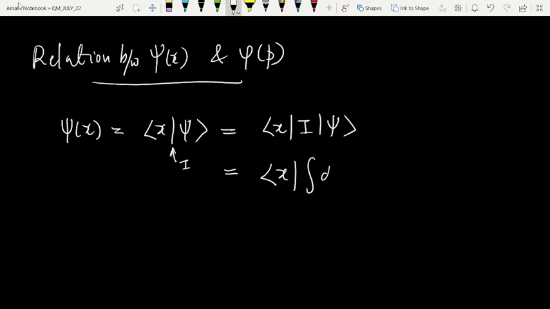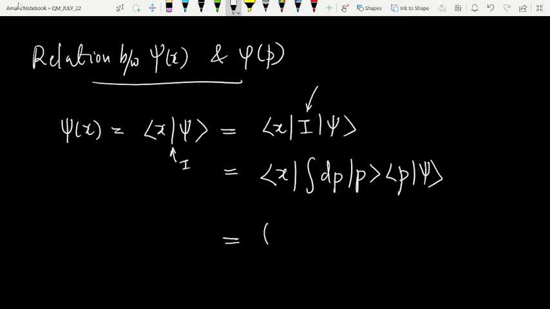This will become integral dp p outer product with p psi. This kind of trick is always done using bracket algebra. So learn this carefully, and you must be able to do this kind of calculation. It is inserting an identity operator somewhere, substituting the completeness relation and manipulating the resultant equations. Okay,